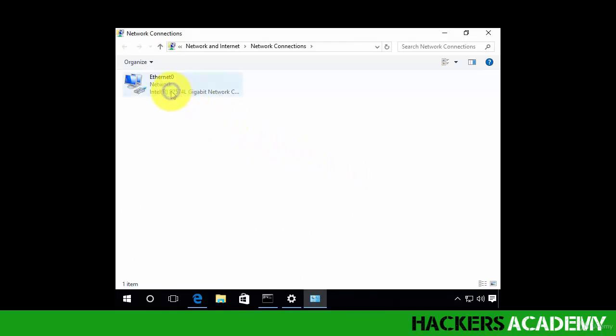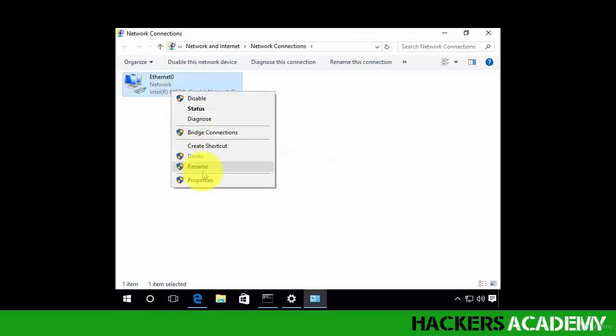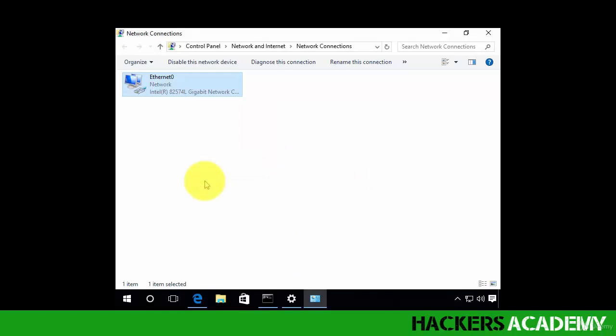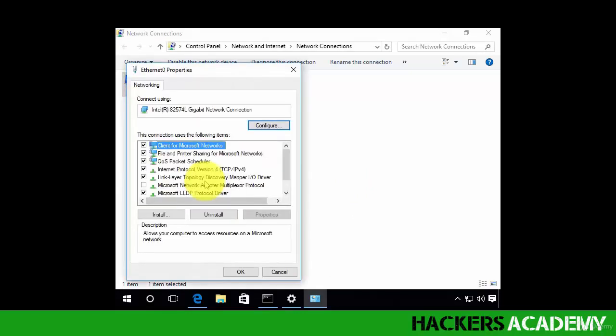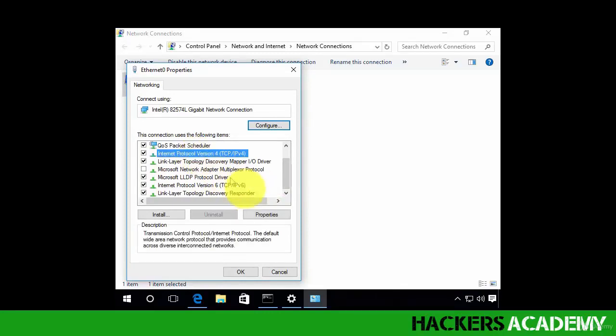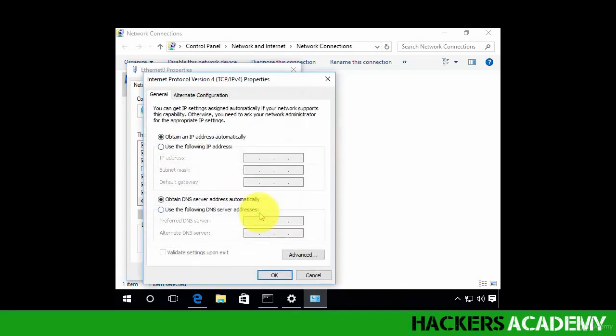Right-click on the network device and click on Properties. Scroll down to find the Internet Protocol version 4 and click on Properties. Currently, I have a setting that requires my machine to automatically find an appropriate DNS server. If I change that to a different IP address, let's say